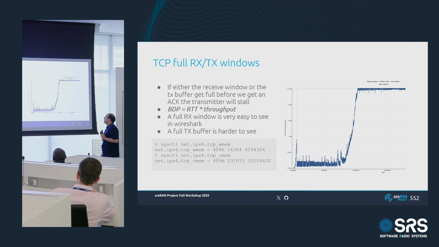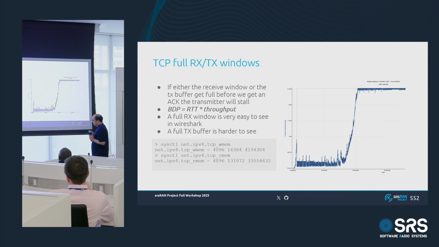And finally, a little bit about the actual TCP buffers. The TCP buffers are not related to the gNB. The TCP buffers are between the UE and the core, or more accurately, between the applications on the side of the UE and the core, right? So this is something that